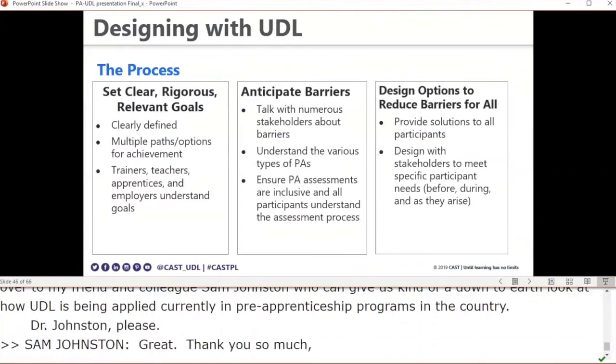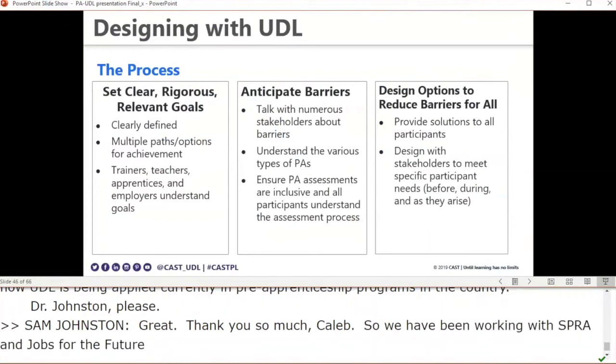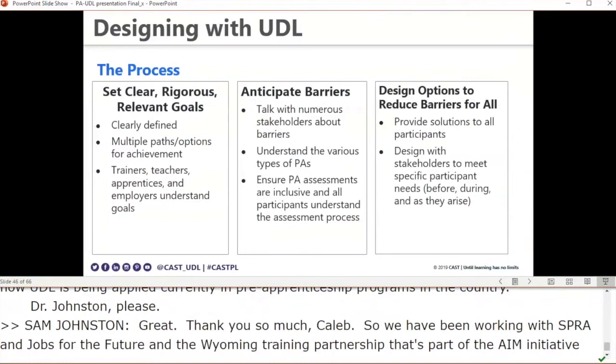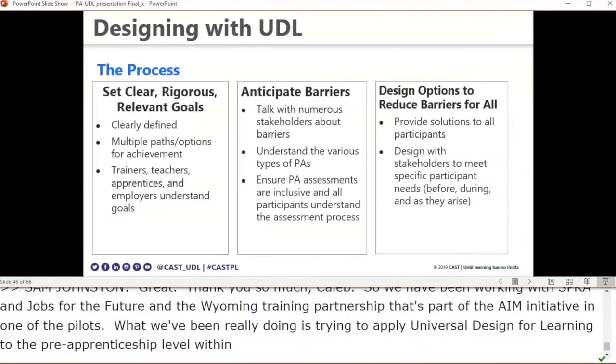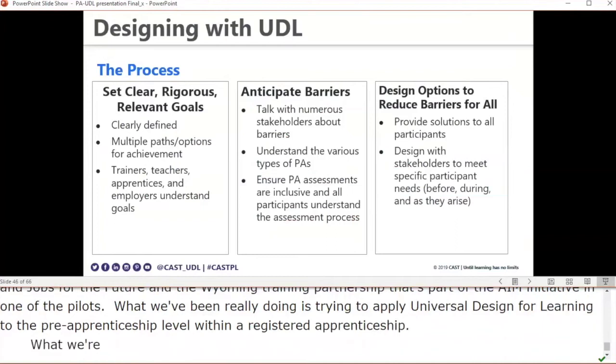So we've been working with STRA and Jobs for the Future and the Wisconsin Regional Training Partnership as part of the AIM initiatives in one of the pilots. And what we've been really doing is trying to apply Universal Design for Learning to the pre-apprenticeship level within a registered apprenticeship. And what we're really doing when we apply UDL is a process that starts with really thinking about